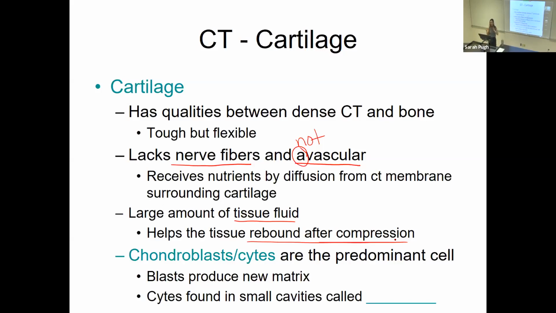Now remember, the type of cells that are in cartilage are chondroblasts, if they're immature, and chondrocytes, if they're mature. So remember, when we're talking about connective tissues, I mentioned this on Monday, it always typically, except blood, follows the blast-cyte rule. We have an immature cell, and then once they've created the tissue, they become the mature cell, the cyte. Now, one thing I want to point out that's different with very tough tissues like cartilage and bone,